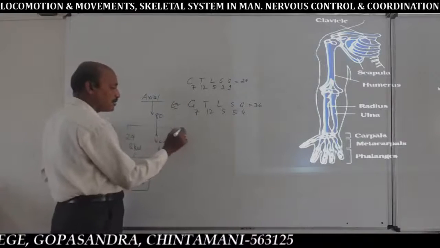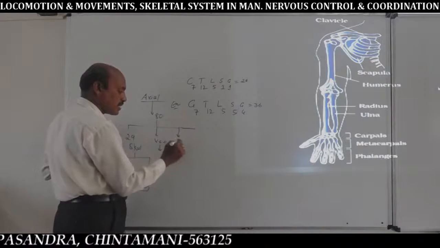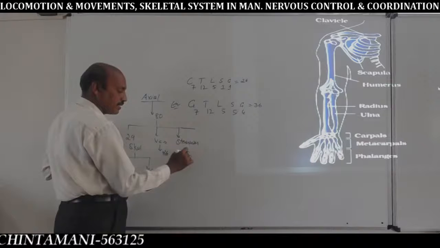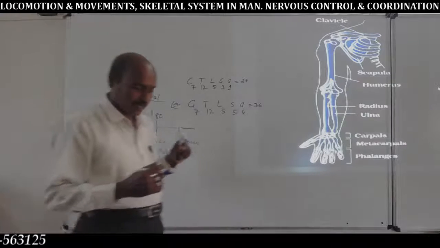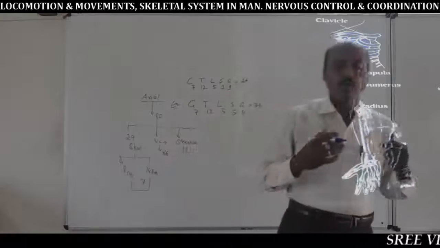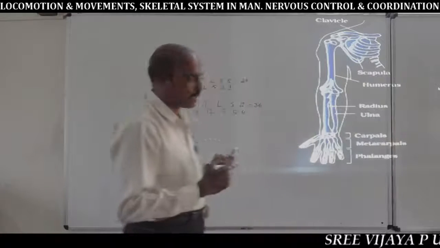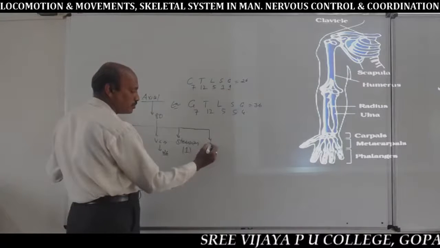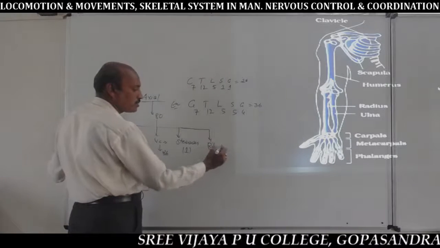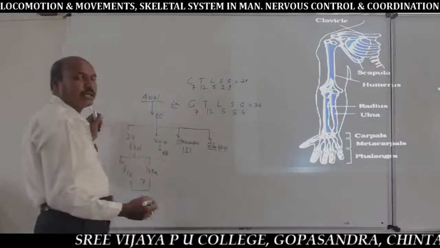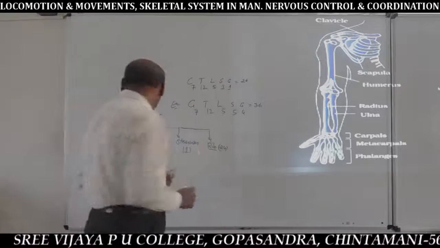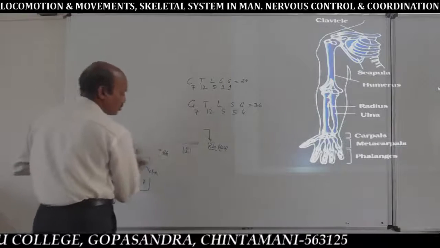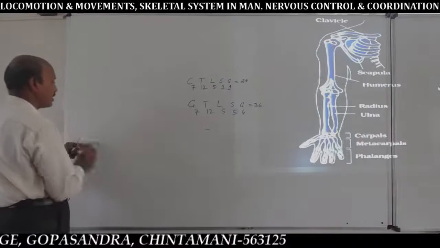Next to the vertebral column bones is the sternum bone. The sternum is a single bone, present on the front side, that is, the ventral surface of the thoracic region. And next to the sternum are the rib bones. The total rib bones are 24, or 12 pairs.